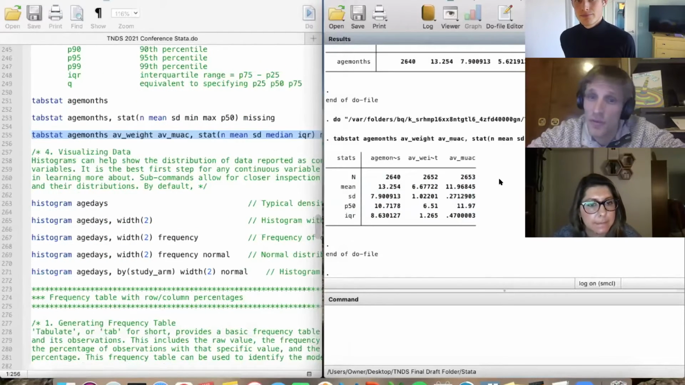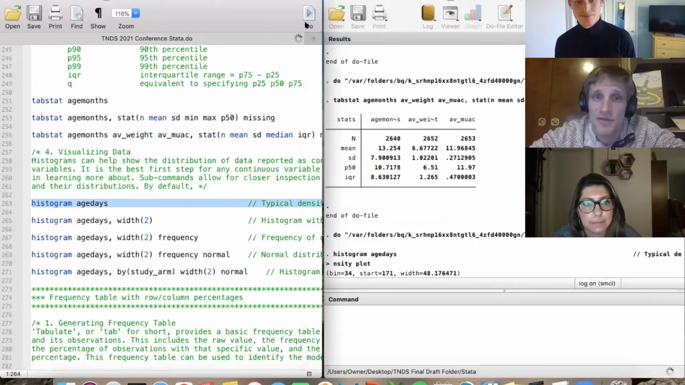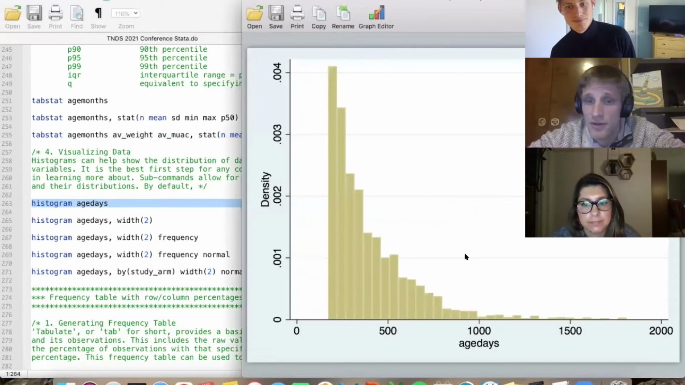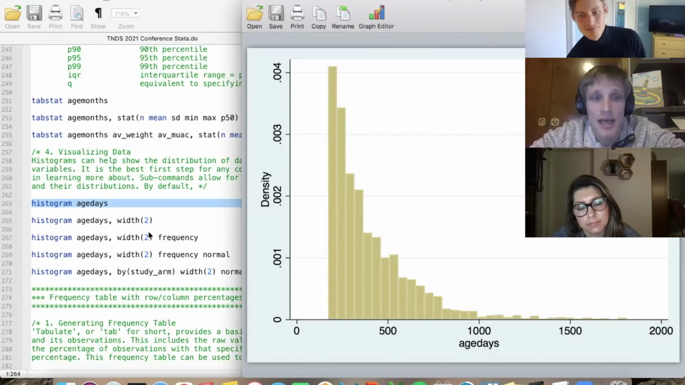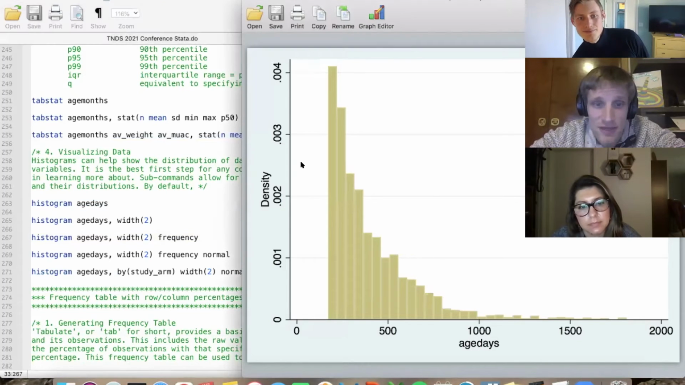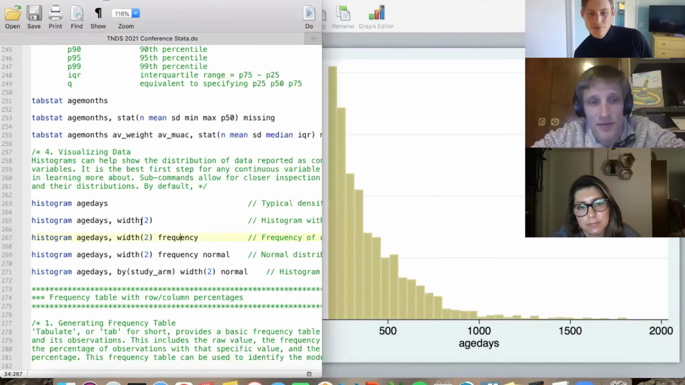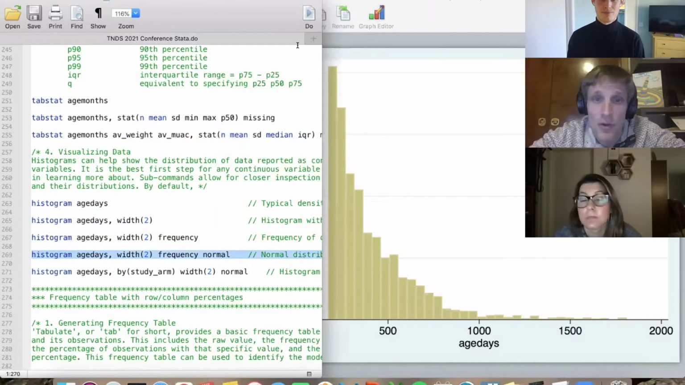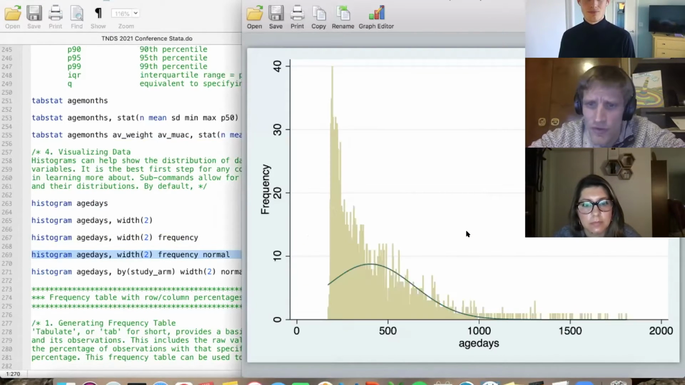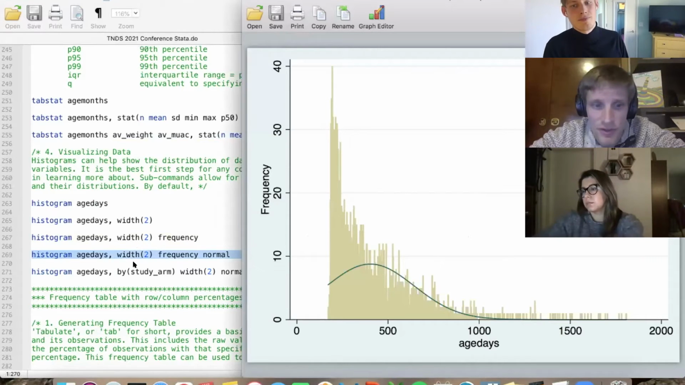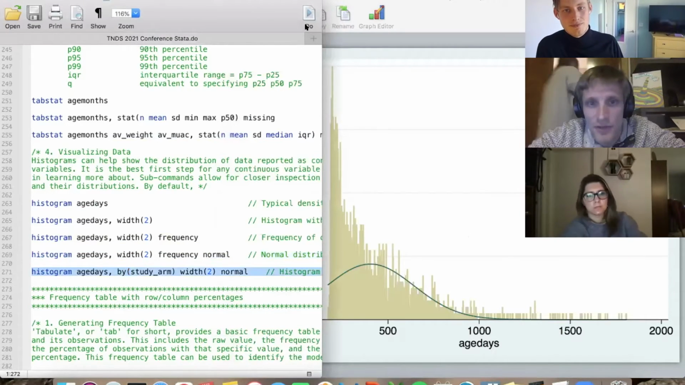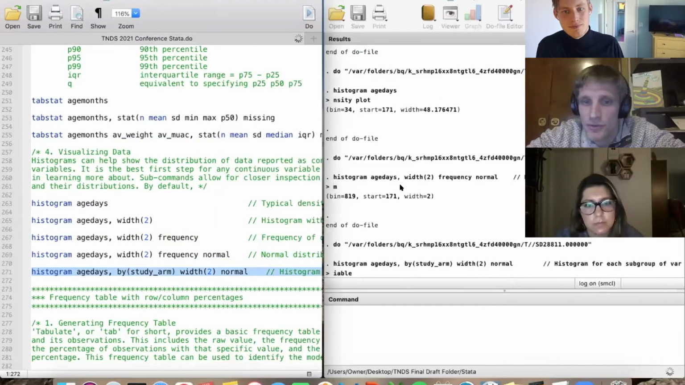If you then want to move one step further and begin visualizing data, the easiest way to do that is using a histogram. If we start with the histogram, it'll just create a general histogram using a computer-selected number of bins. If you wanted to change the bin size to be, say, a width of 2 days, or to use a frequency distribution instead of a density distribution, these are just easy subcommands that you can add. You can also add a normal distribution curve over top, which is quite useful, especially when you reduce the frequency side. Or you can add what's called the by command, and the by command allows you to run across a